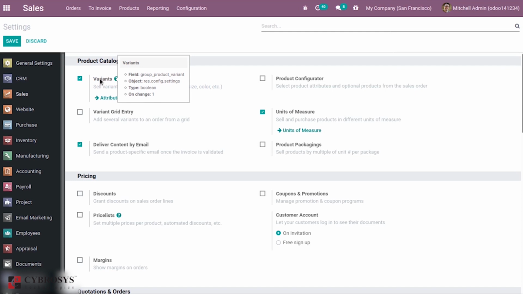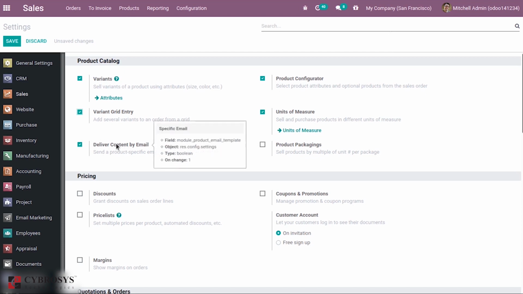We can create variants for our products, and we can see product configurator and variant grid entry. These are related to product variants. Then unit of measure, that is, in what units our products are sold or purchased.